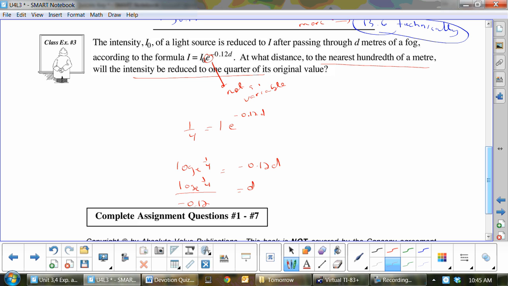So they're not interested at this point if you know how to use your calculator. They're interested, do you even know what it would look like before you put it in your calculator? So I'm always going to show you that step. And you get